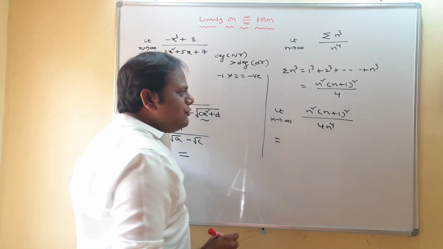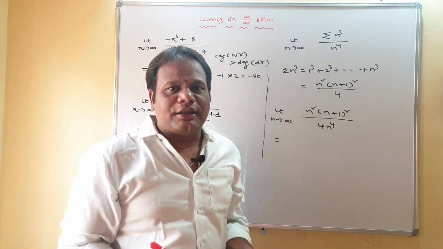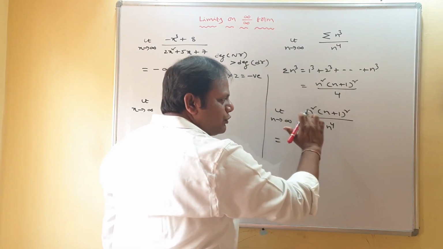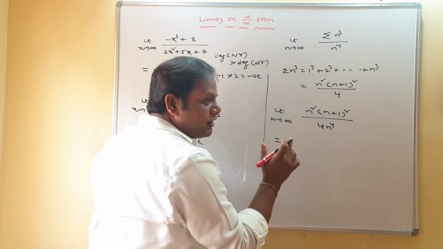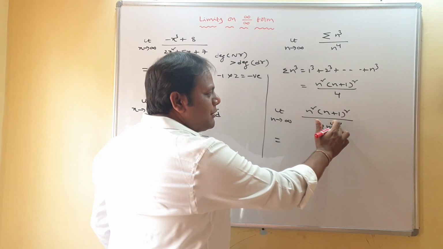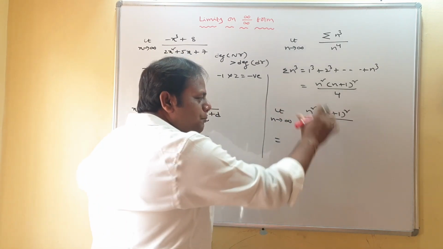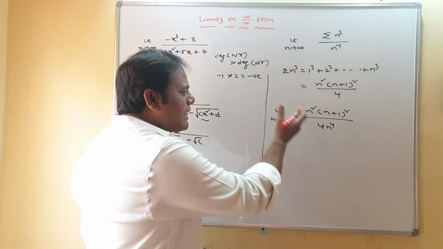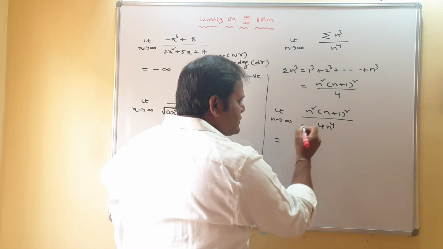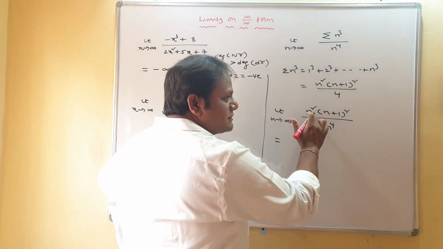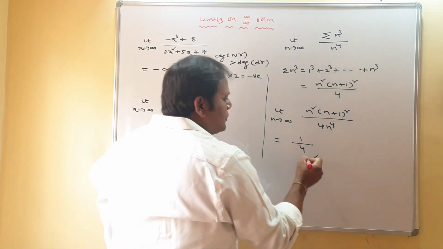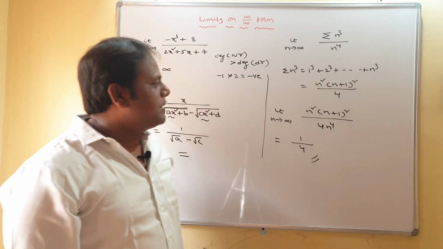Now you tell what the degree of the numerator is. Here n square, and here also we have n square. So totally n square into n square, n power 4. Yes, the degree of the numerator is 4. What about the degree of the denominator? Yes, it is also 4. Both the degrees are the same, so the answer is the ratio of their coefficients. So what is the n power 4 coefficient? In this n square, here n square, so the n power 4 coefficient is 1 only. Here the n power 4 coefficient is 4. So the answer to this problem is 1 by 4.